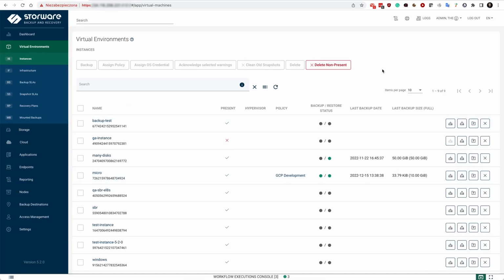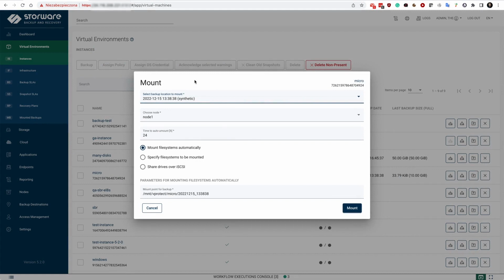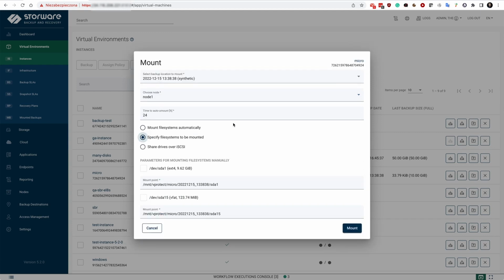You don't have to restore back to the cloud always. You may sometimes want to just grab individual files, and Storware Backup and Recovery allows you to do that. With the Mount button on the right, you are able to automatically mount file systems and browse them via the browser. Maybe you would like to selectively specify which file systems you're interested in, or you would like to export